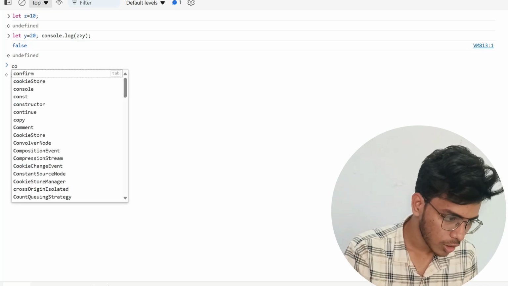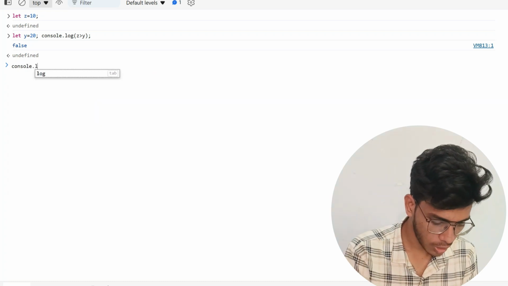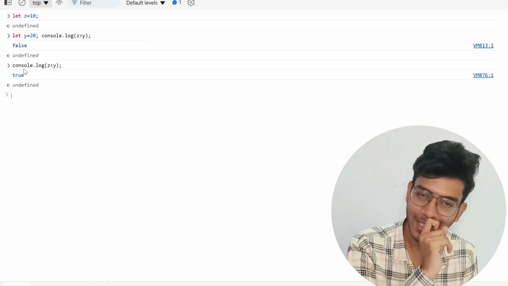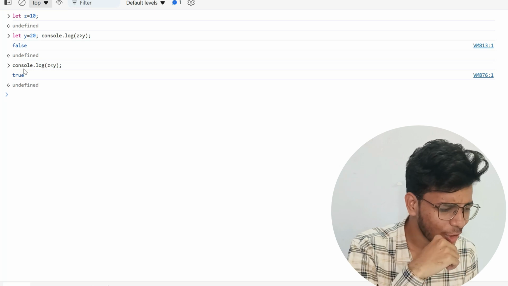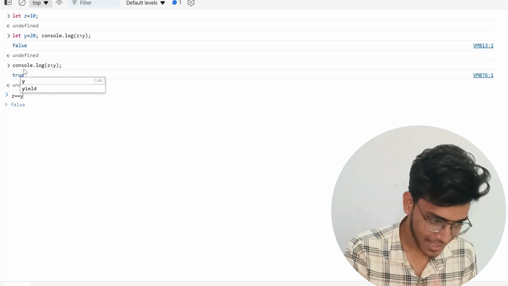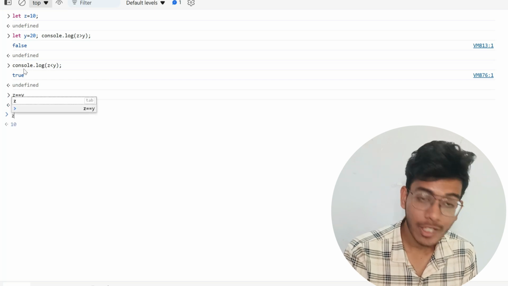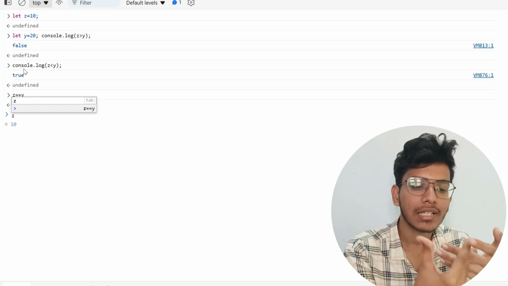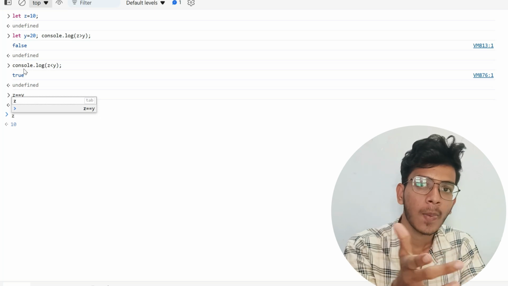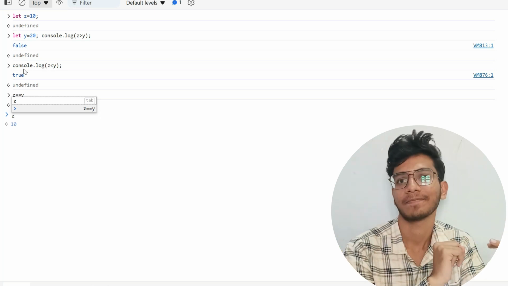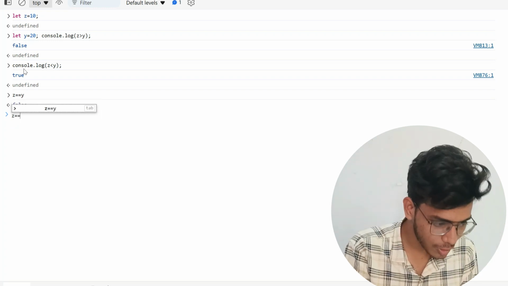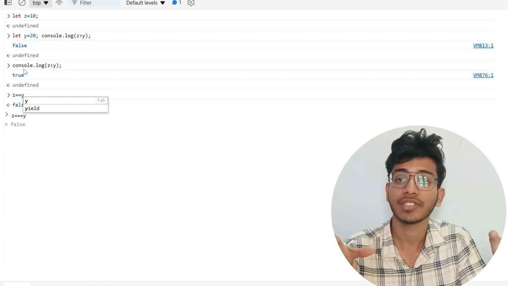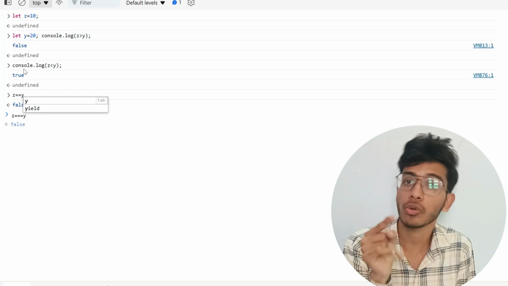Here I can also write console.log if z is less than y. Okay, you can see that I will get the output true. Similarly, what we can do, z is equals to y, this also gives me false. I can also use triple is equals to. In JavaScript there is a concept called triple is equals to. What this will do is that it will compare the data type and the value in it. So here I can use z triple is equals to y. If these two values and data types are the same, then and only then my output would be true,